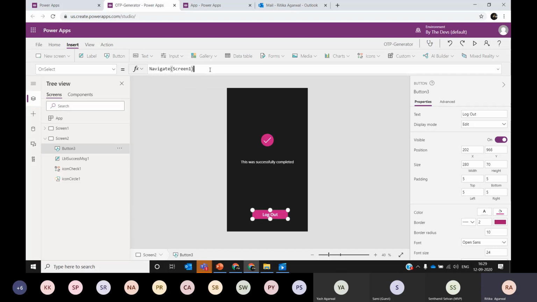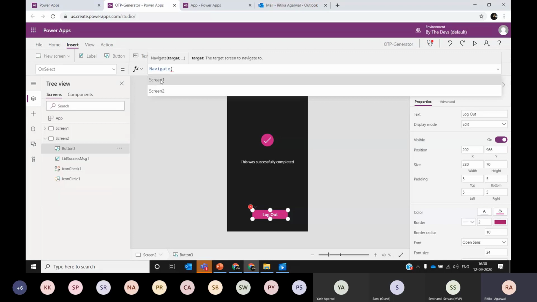If you have any other variables, like for setting the user context, you can update them, setting them to blank or removing the values. But in our scenario we are just trying to move to a different screen, so I'll leave it at that.